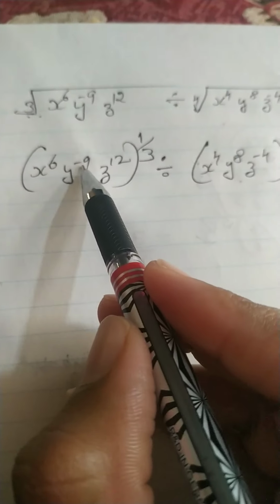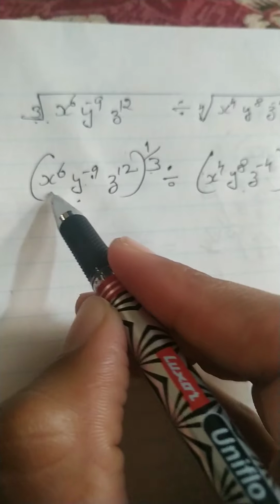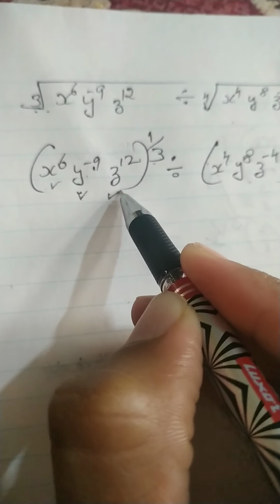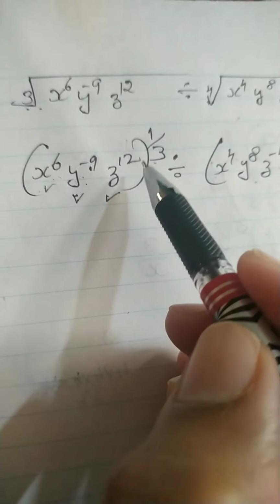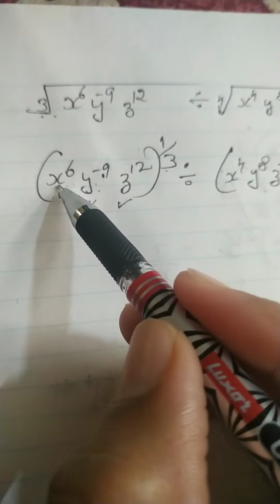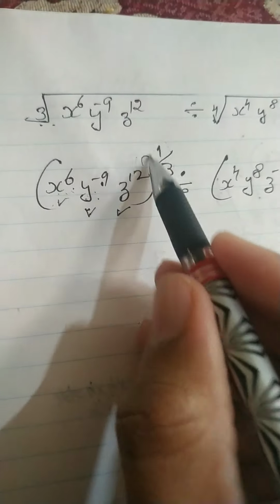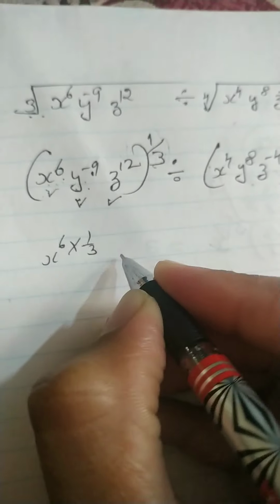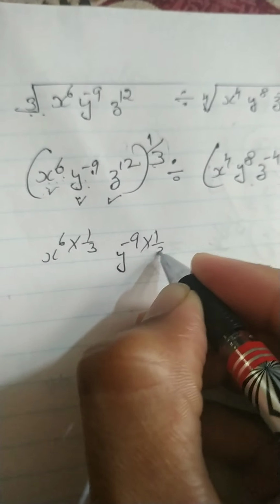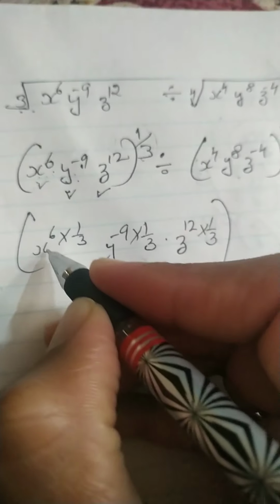Now, if you want to do the reciprocal, you can do the reciprocal, and if you want to solve it first, then you can solve. This whole power 1 by 3 belongs to x, also to y, and also to z. Because these cannot be split, we cannot make power 3 of all. X already has power 6, so x cannot be split into power 3. So what I will do is multiply this power with each term. First I will multiply it with x, then y, then z, in the bracket.